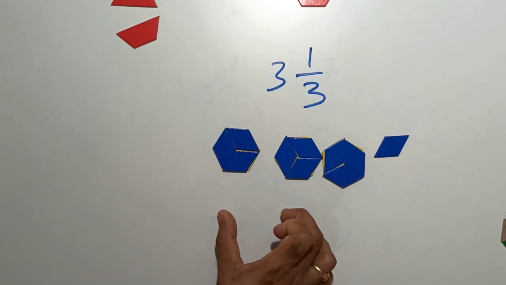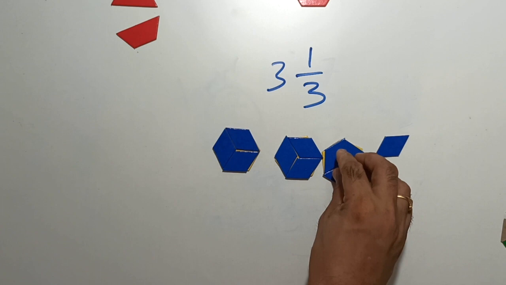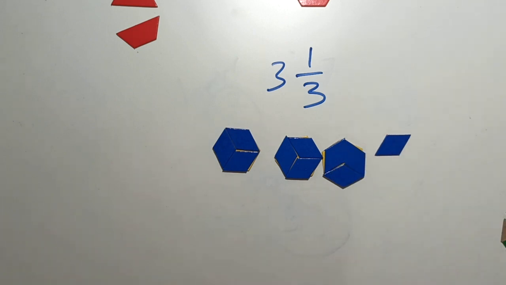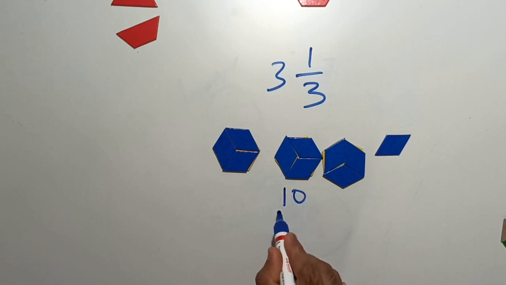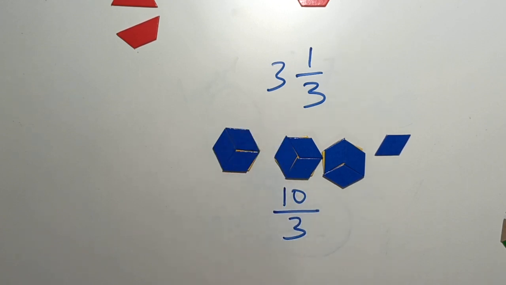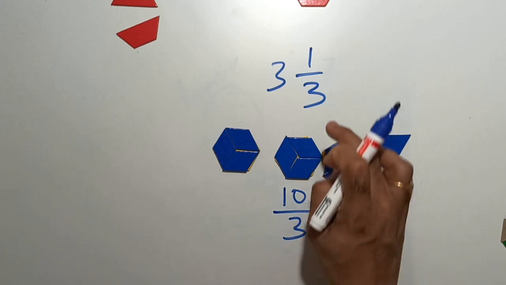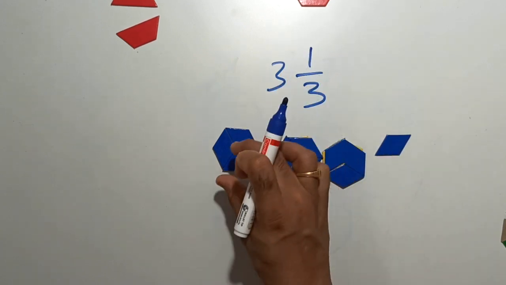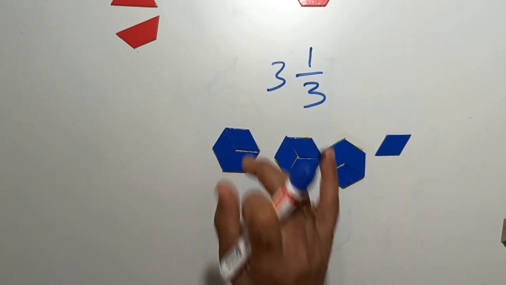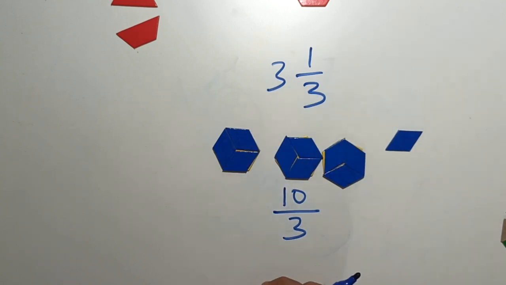In total, how many pieces do I have? I've got 3 plus 3 plus 3, which is 9, plus 1, 10. So we can write this in improper fraction representation as 10, and each has 3 parts forming the whole. So this is 10 by 3. You can also get this by just multiplying 3 times 3, just because I've got 3 pieces and 3 wholes like this. So 3 times 3 gives me 9, plus 1, 10. Okay, so this is how we convert a mixed fraction into an improper fraction.